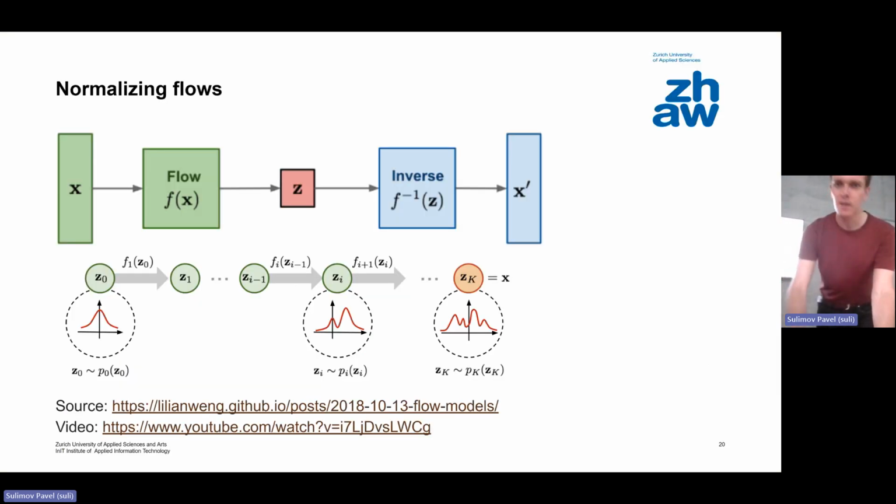And now, guys, I'm pretty sure you know what an inverse function is. You know that there is a function, and you know that there is an inverse function. Forget about machine learning.